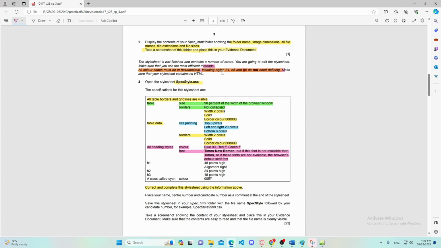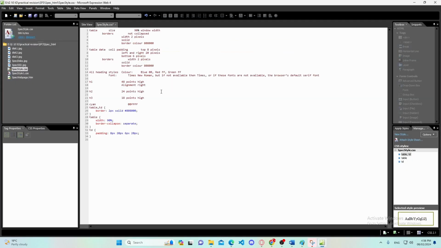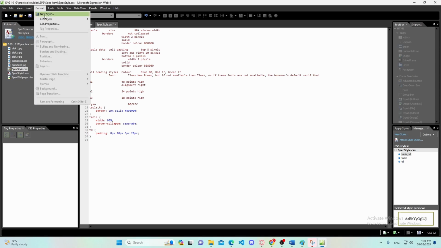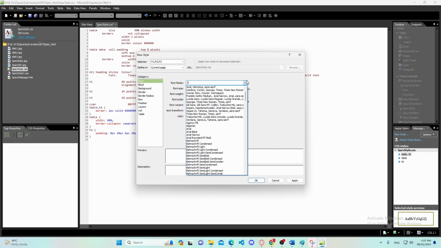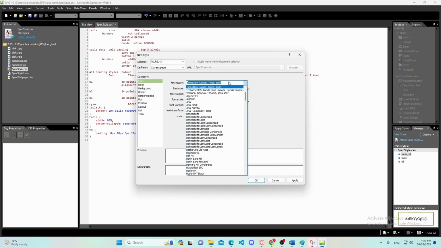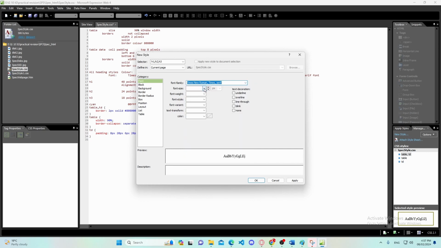No need to do any changes to the style from H4 to H6. So here we will add format, new style sheet. We will apply this formatting to H1, comma, H2, comma, H3. We need the font Times New Roman, Times Serif. You see, by default they are arranged. Okay, and we need the color to be hashtag,